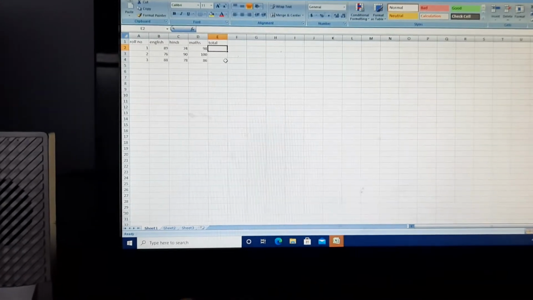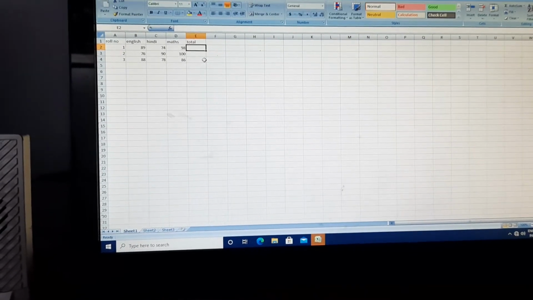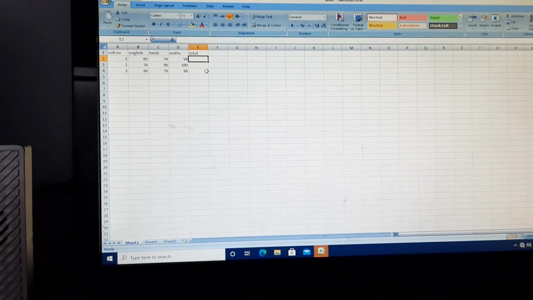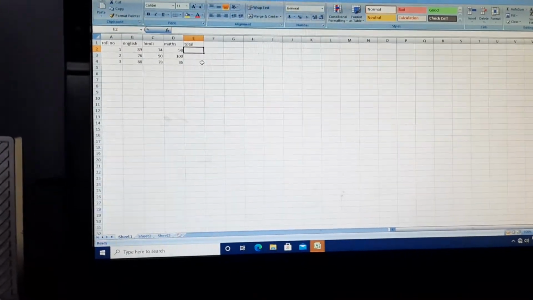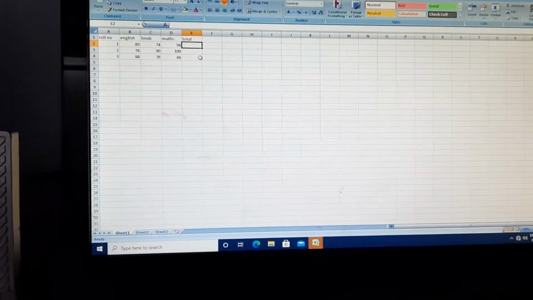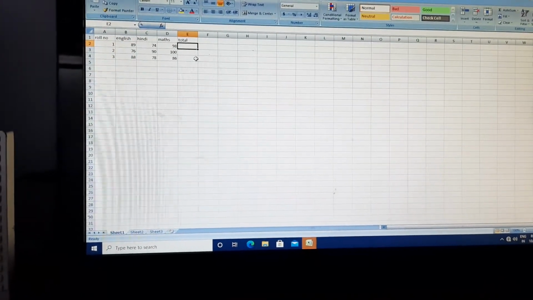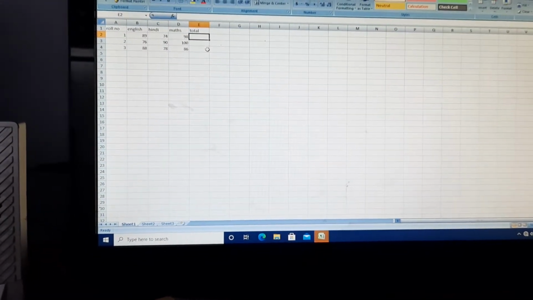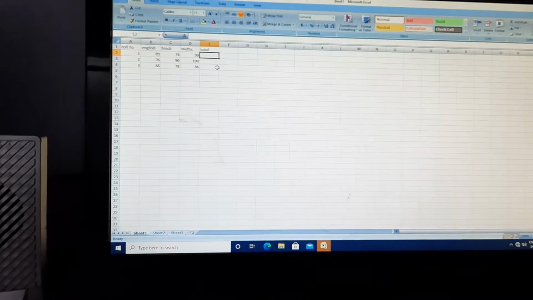Remember girls, when we are doing calculations, the first symbol which we use to calculate in this Excel sheet is equal to. First we will use the equal to sign. हम इसमें equal to sign का use करते हैं calculations के लिए. Just like in copies we also write equal to when we total, 2 + 2 = 4. Equal to is very important. So here also, whenever we are using functions, we use first which symbol? We are using the equal to symbol. Like we are writing equal to.